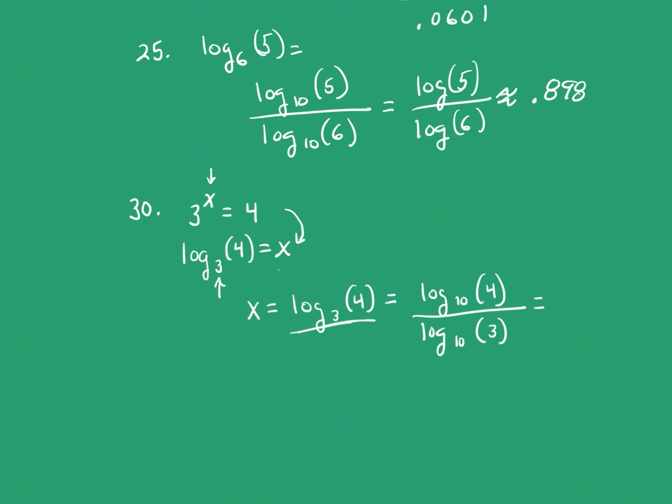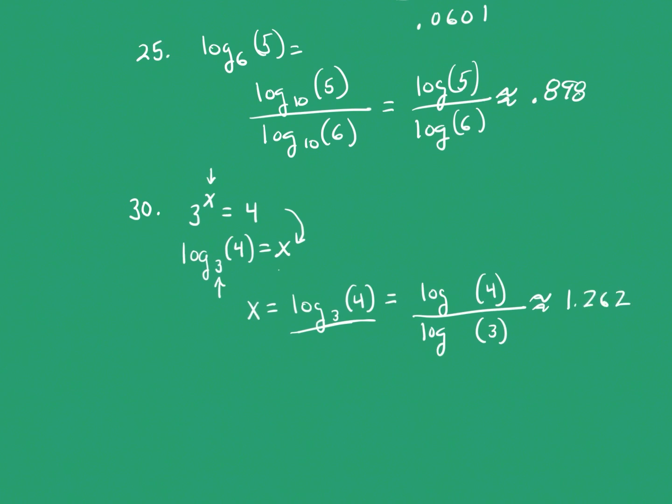And then I can get my answer just putting that into your calculator. Again, you won't have these subscripts. The 10 is implied. And after my calculator, the answer comes out to be approximately 1.262,